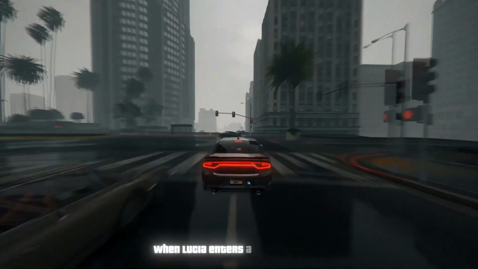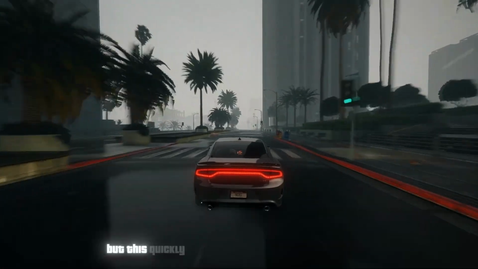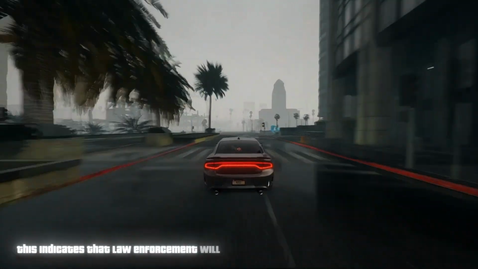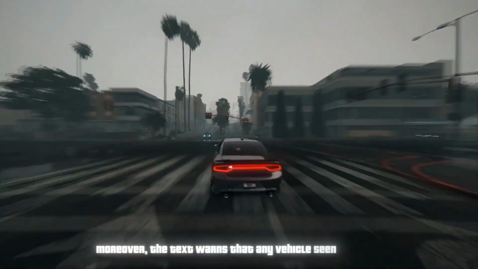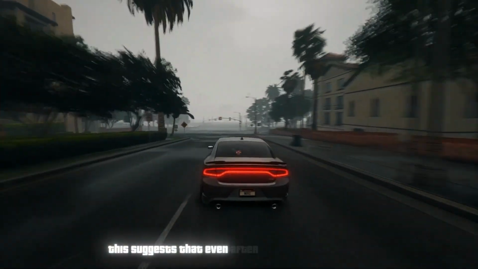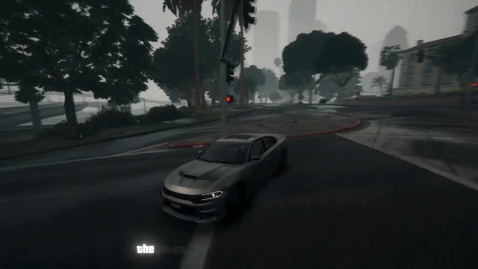When Lucia enters a police vehicle, there's initially no vehicle description, but this quickly changes to a full vehicle description. This indicates that law enforcement will possess detailed information about your vehicle. Moreover, the text warns that any vehicle seen entering will be noted by the authorities. This suggests that even after losing a wanted level, if spotted again in the same vehicle, the police will pursue